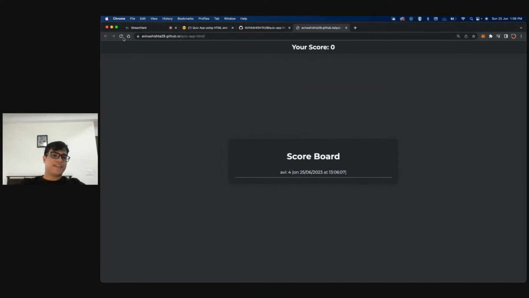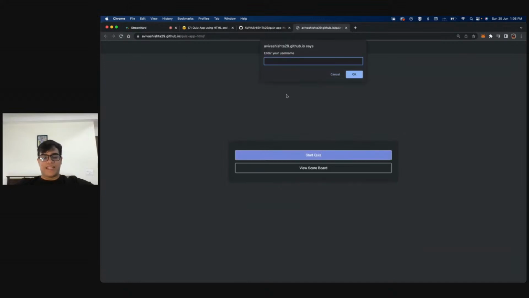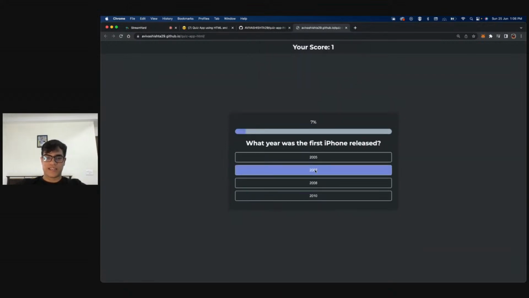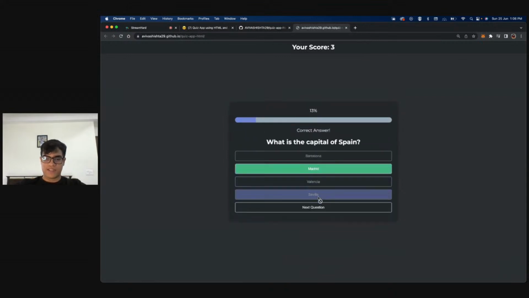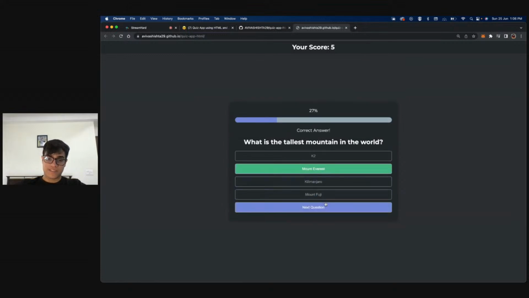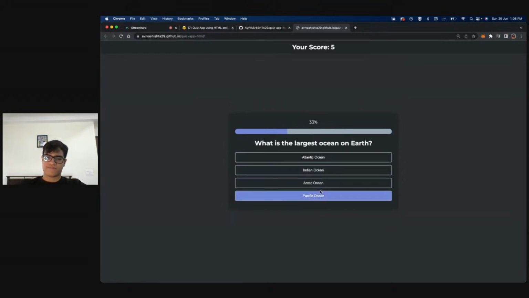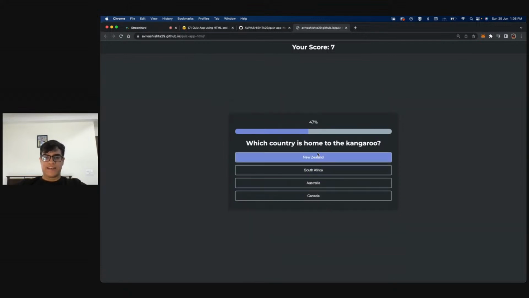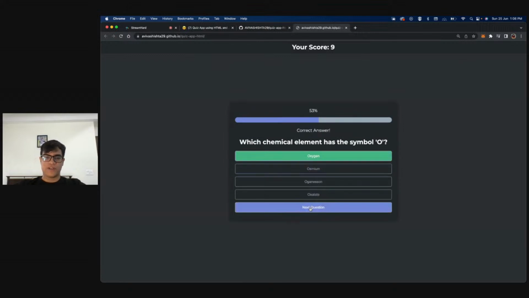Right. So now if I attempt again, let's say I attempt again and I say a V2, right, if I do this, let me just quickly try to answer all the questions again. So this is this, then Madrid is the answer, right? Mars is the correct answer for this. Then Mount Everest is the highest, Pacific Ocean, blue whale, right? Then Australia, correct. So we have 8, so I think this should be good.